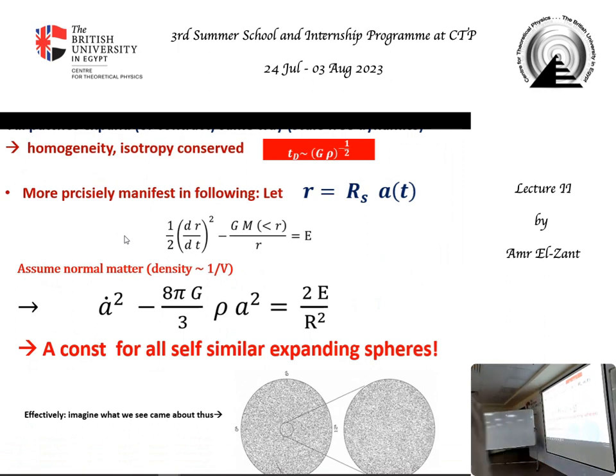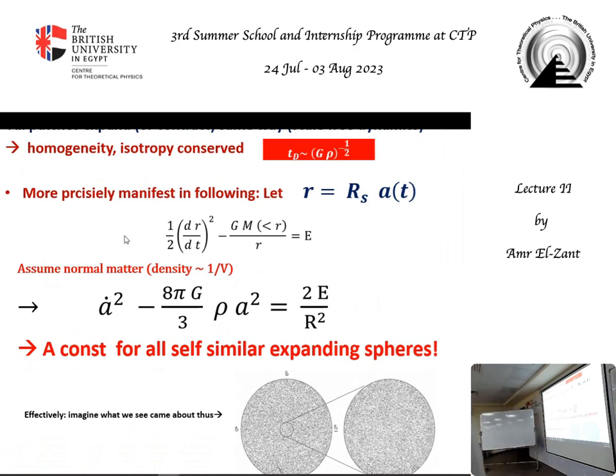Okay, so what is it? We don't know. How did we do this? We just did it for normal matter. We just did it for M is 4π over 3 r cubed times ρ. Okay? You get this equation. Let me put this in. Is this clear? It's quite clear.